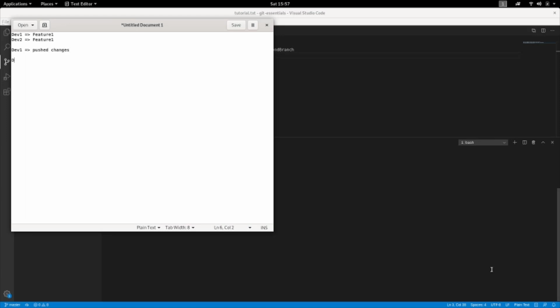After that, dev 2 came into the picture. He started working, but he'll not have the current changes. So what he'll do is git pull. Git pull will actually do git fetch and then pull the changes. So if you do git pull, it will get all the changes of dev 1's commit to his local repository.